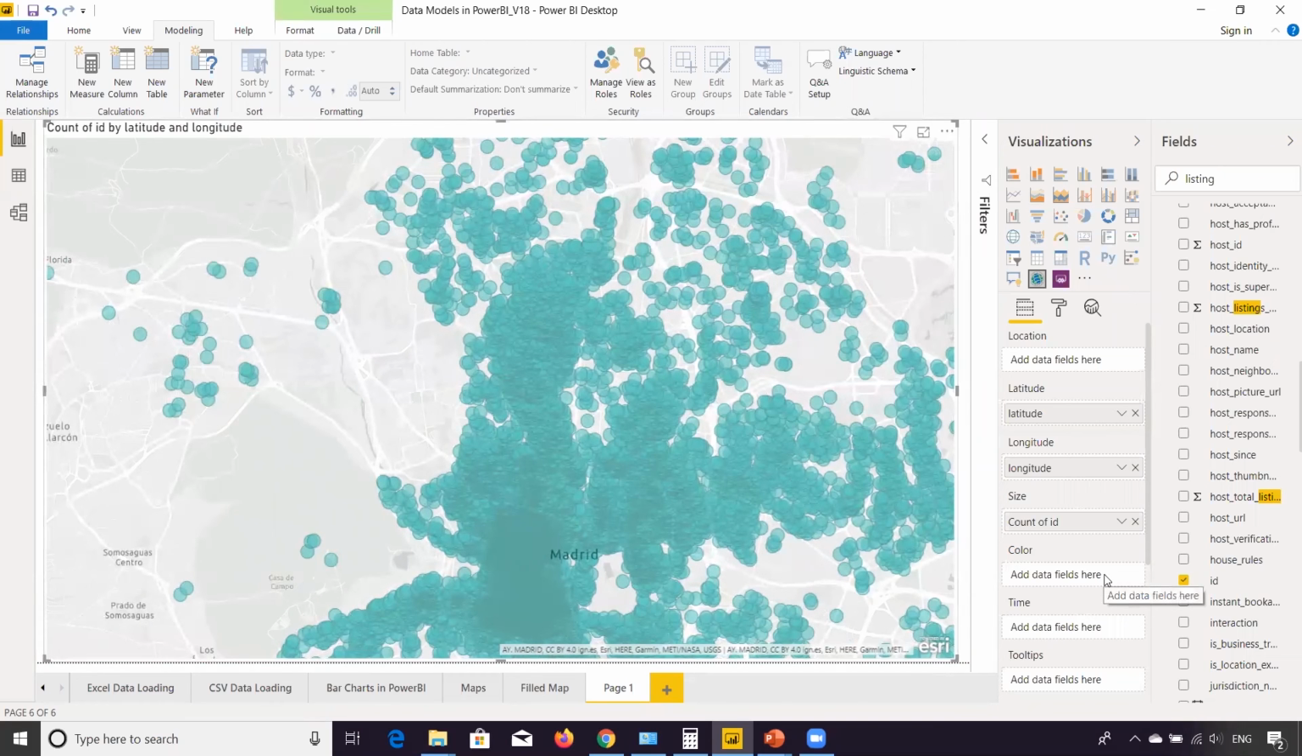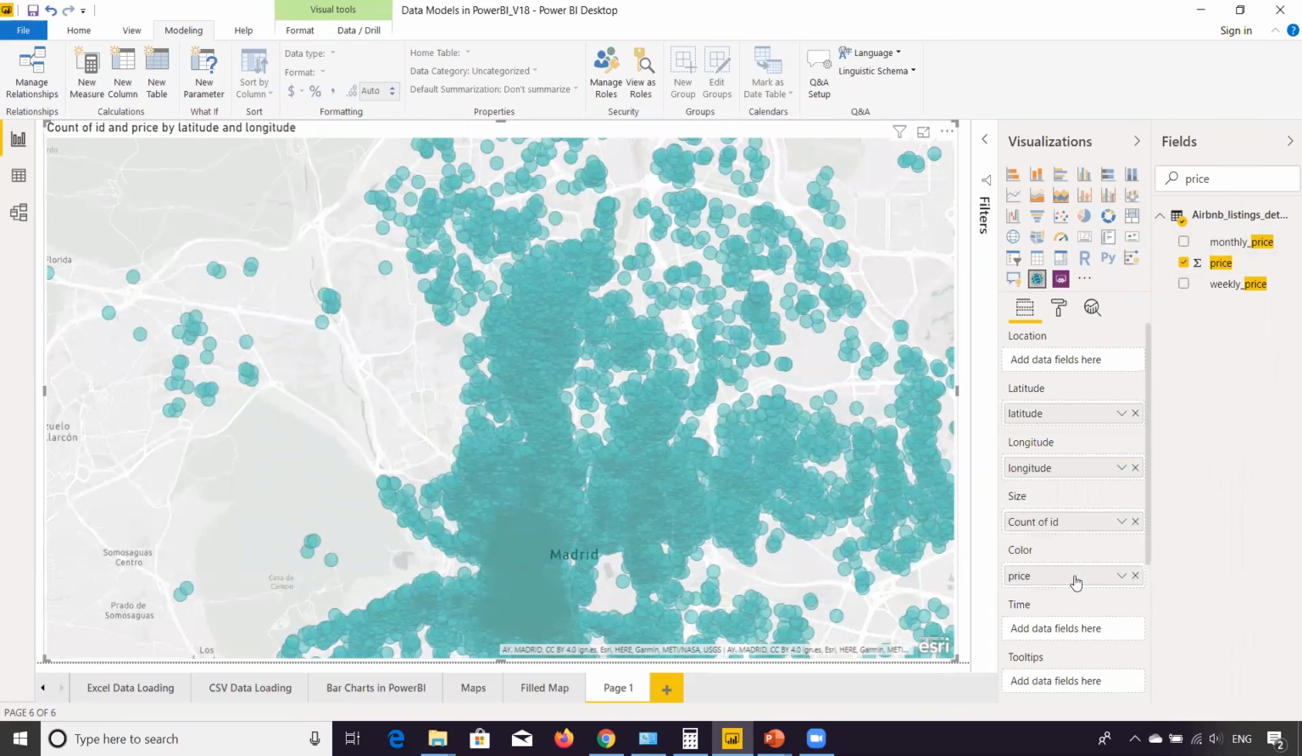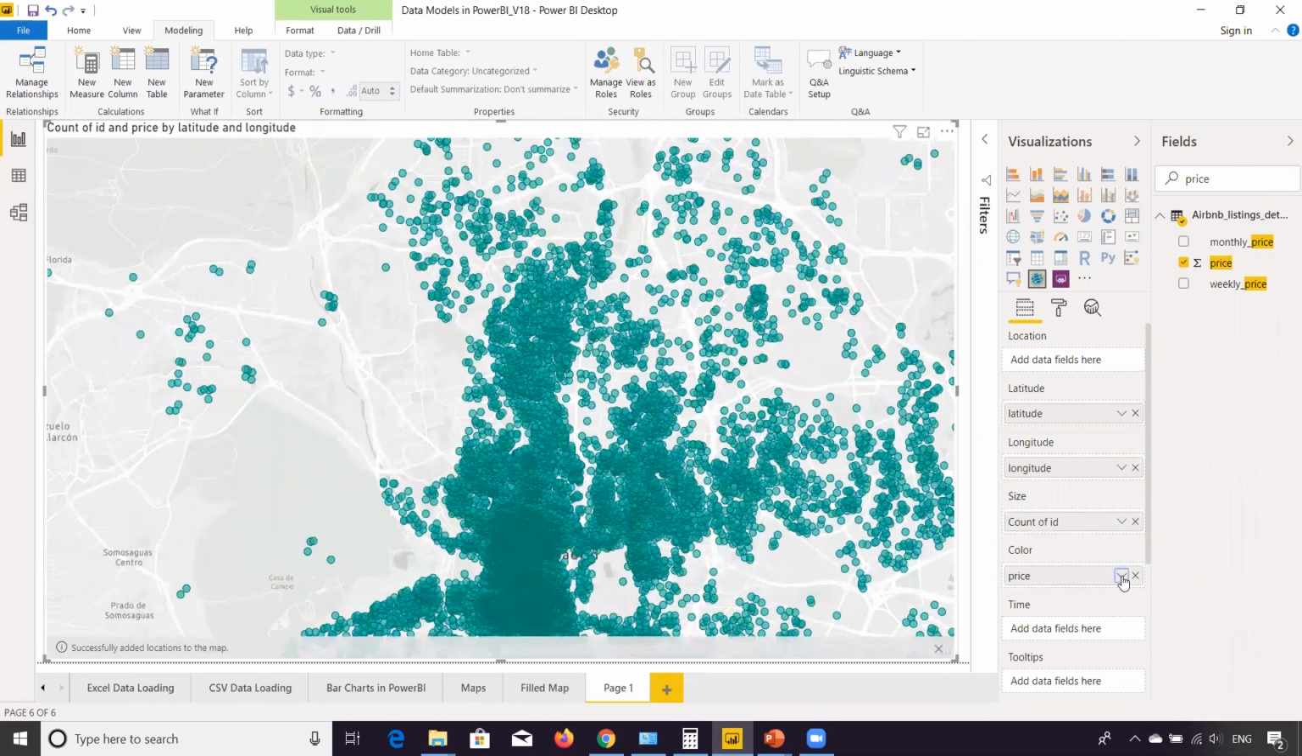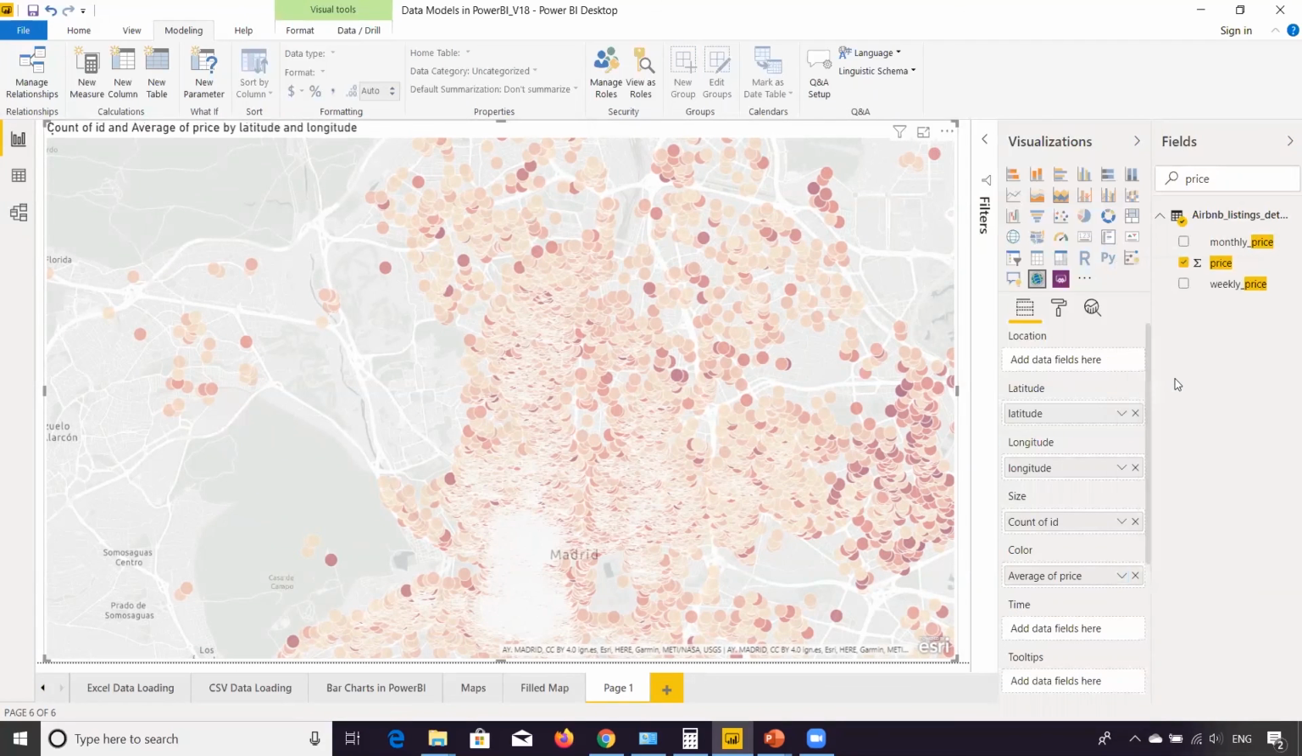And color, what I will do is I will make it the price. So price is the color. So not price, I will make it as average price. Okay,